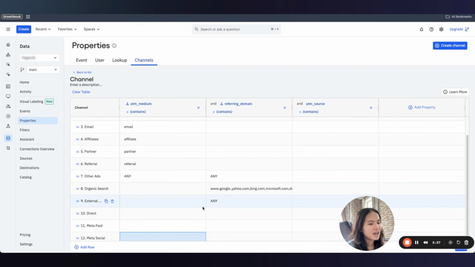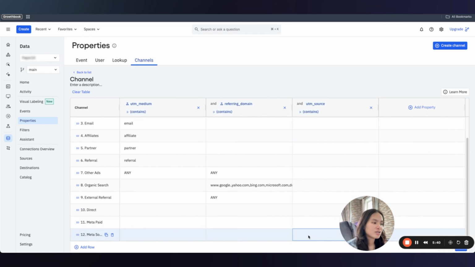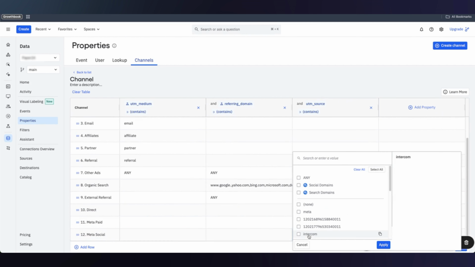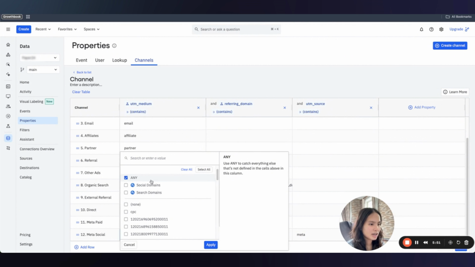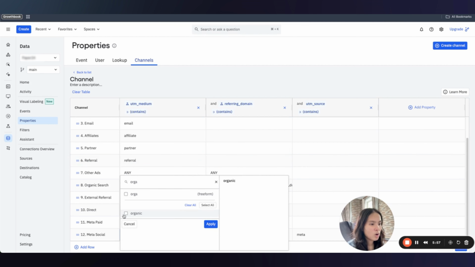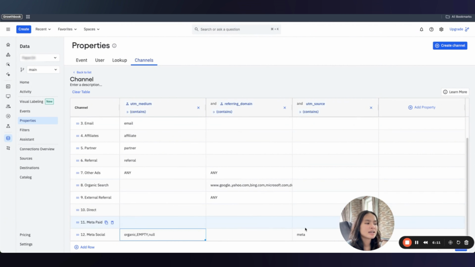So let's go back to the topic. Meta social here, we'll see that the source is always going to be Meta. So we're going to say, hey, everything that contains Meta, right? And then we know that the UTM medium is going to be organic, or in this case, empty. Empty, or we can say null. So anything that has Meta, but their UTM medium is either organic, empty, or null, then we'll mark them